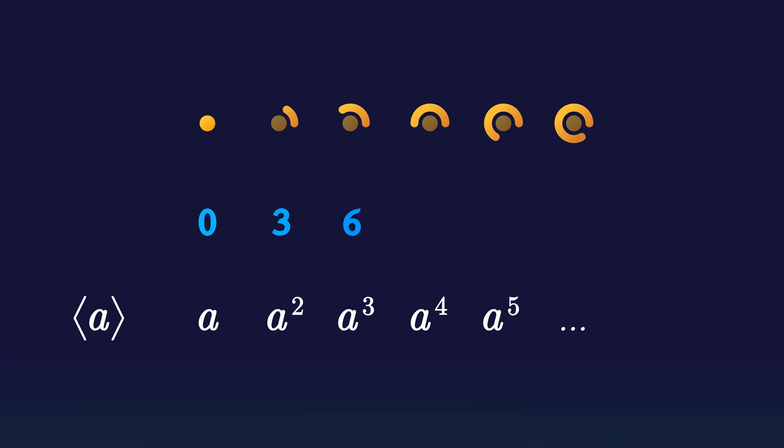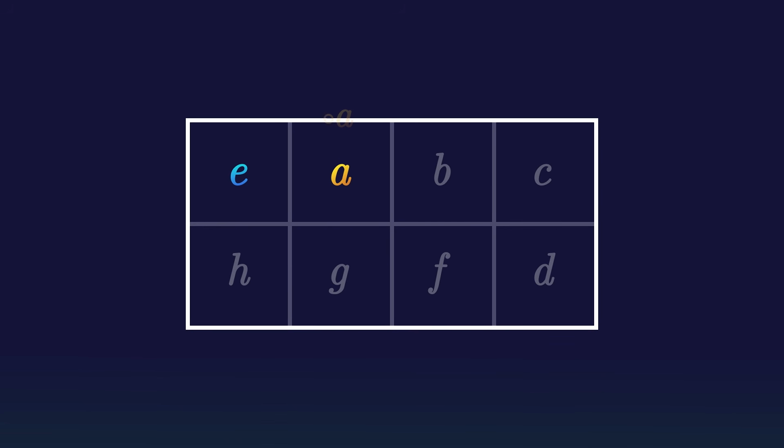This system is obviously closed, since operating a power of A with another power of A gives you, again, a power of A. I claim though that for finite groups this is indeed a subgroup, even though it looks like the neutral element and inverses are missing. But let's look at what happens in a finite group when we keep on generating powers of A.